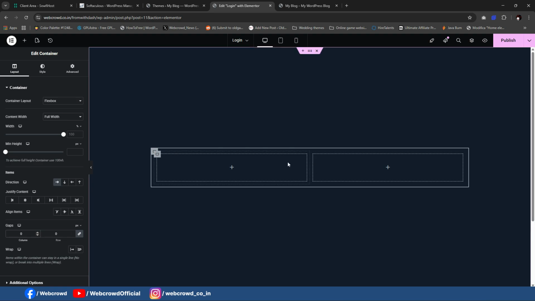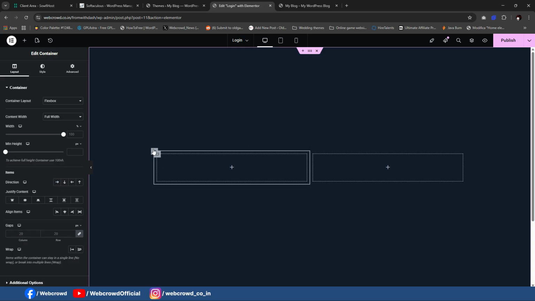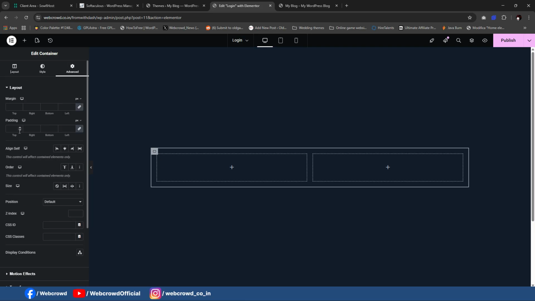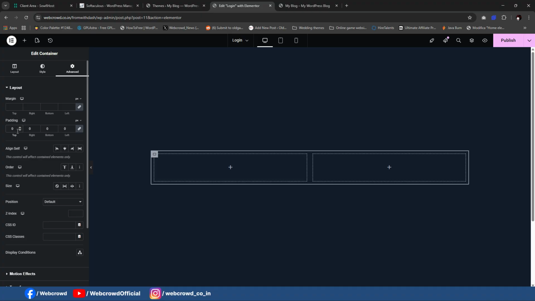Okay, that's it. Now also we have to remove the padding from the parent container, but right now first let's remove this. Okay, so that no gaps or the unwanted space will be left on the left, top or the bottom